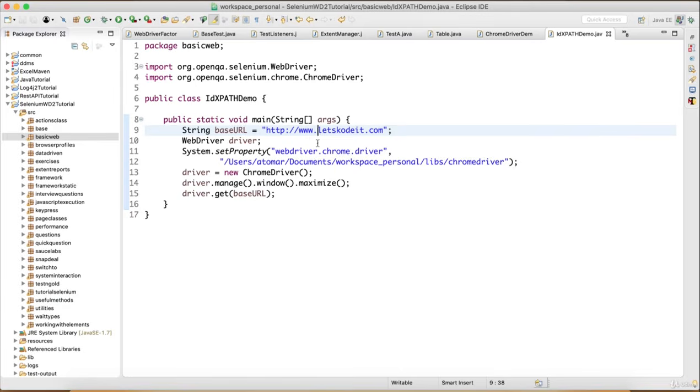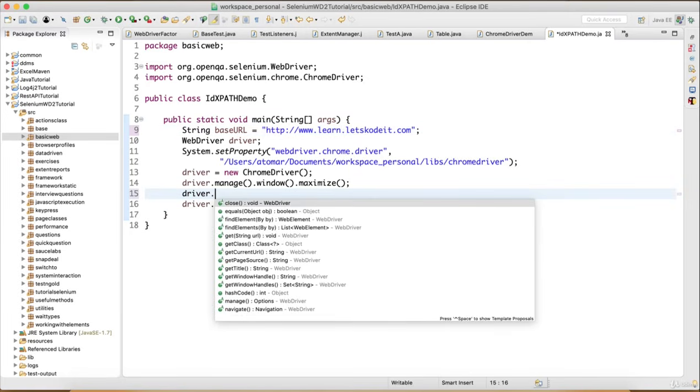So not the main website. I'm going to be using learn.letscodeit.com instead of letscodeit.com. So this is the initial setup that we have. Now what we need to do here is we need to always use